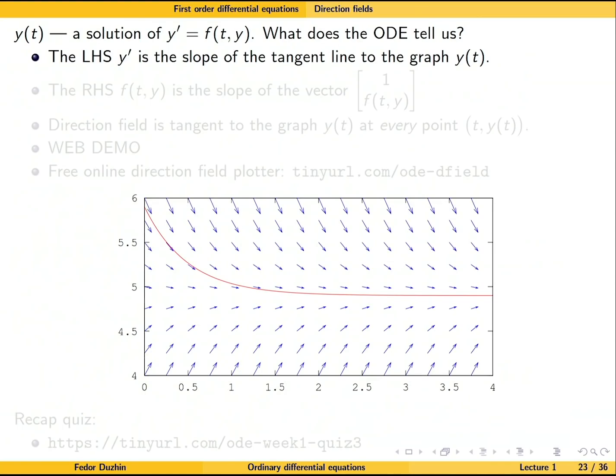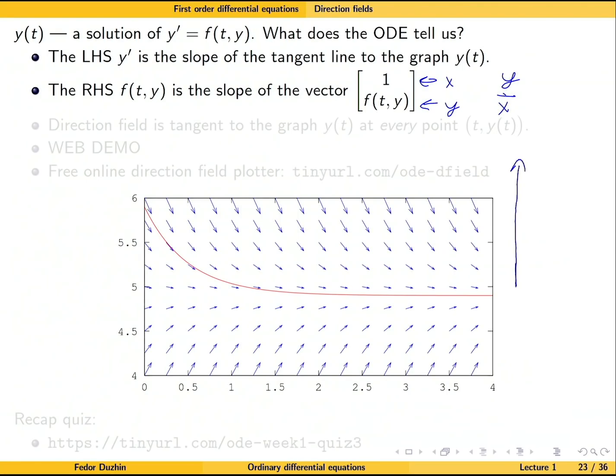And that's the left-hand side of the differential equation. So the right-hand side of the differential equation is the slope of the vector, right? 1, f. So this is the x component, this is the y component, and y over x is the slope,